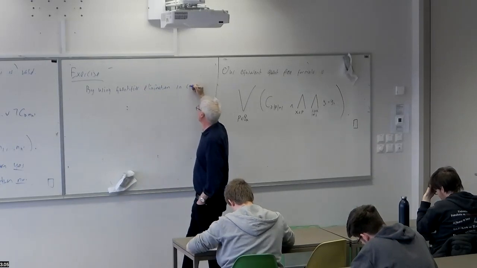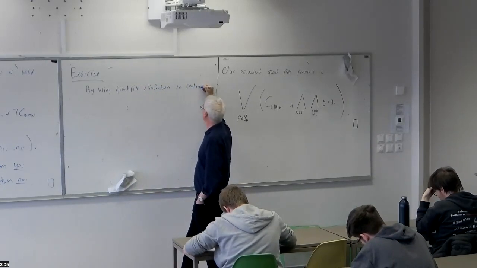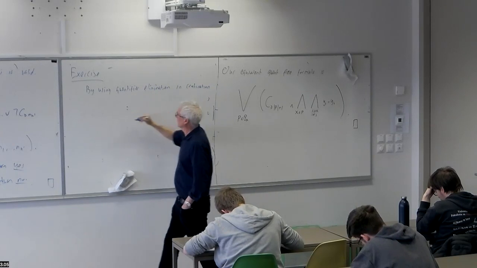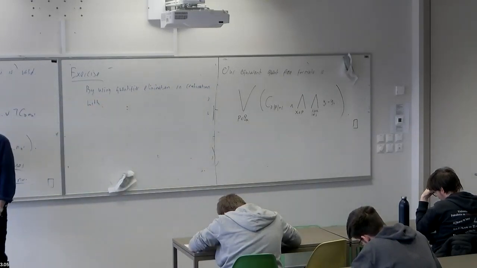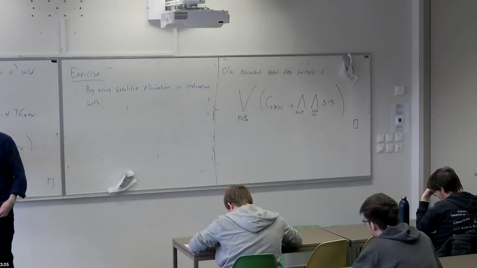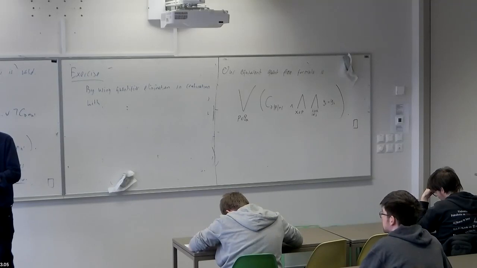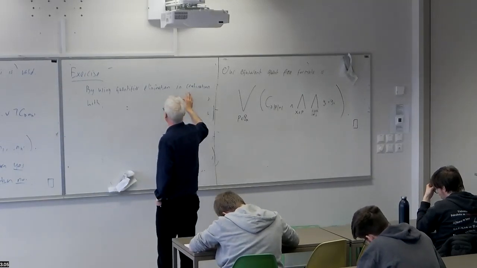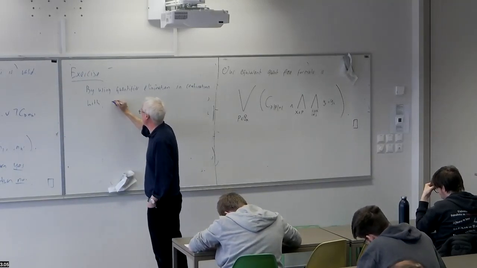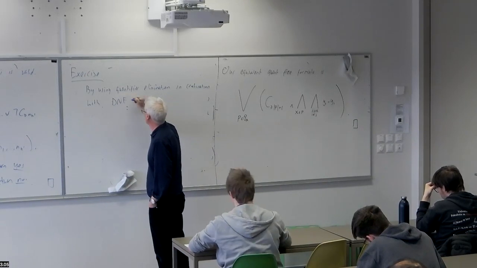In the proof of decidability, we put things in conjunctive normal form. You also get a lot of information from quantifier elimination by putting the sentence in disjunctive normal form. So by using quantifier elimination in combination with disjunctive normal form, prove